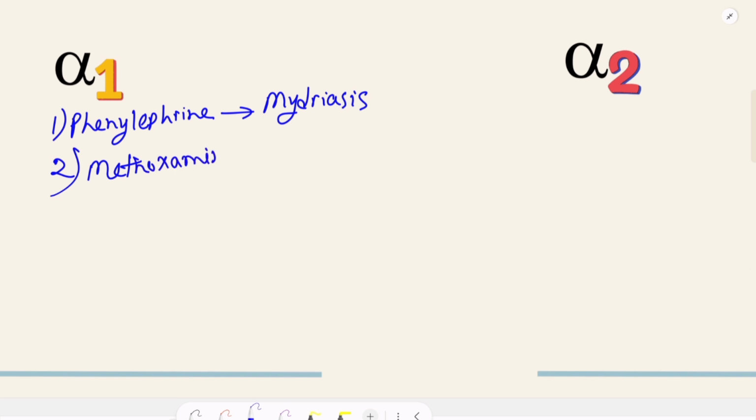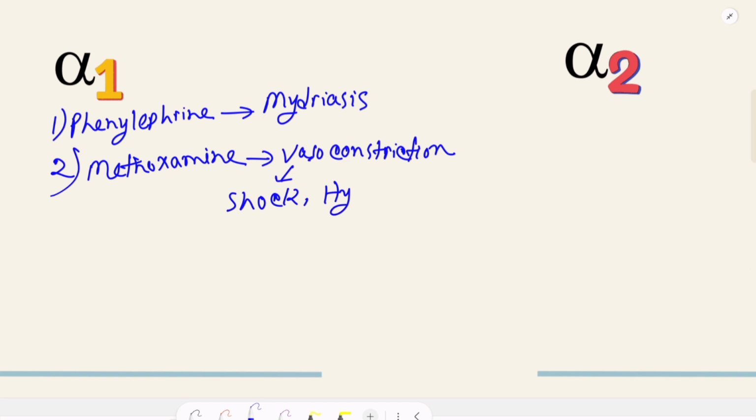Methoxamine mainly acts on alpha-1 receptor on blood vessel, and we know that stimulation of alpha-1 receptor on blood vessel leads to vasoconstriction. So in which condition can we utilize this vasoconstriction? Yes, to cause an emergency rise in blood pressure in emergency conditions like shock or hypotension. Another drug that stimulates the alpha-1 receptor is